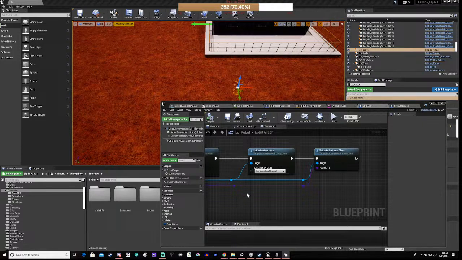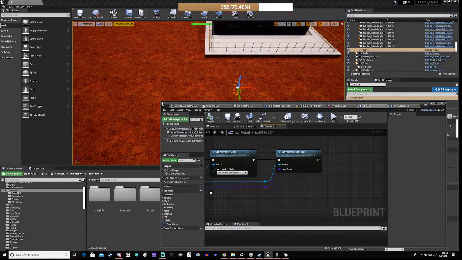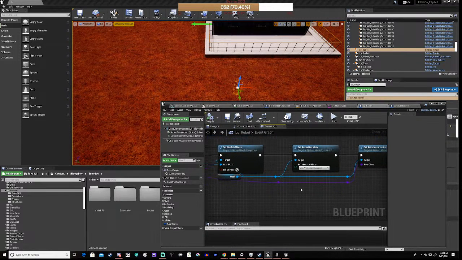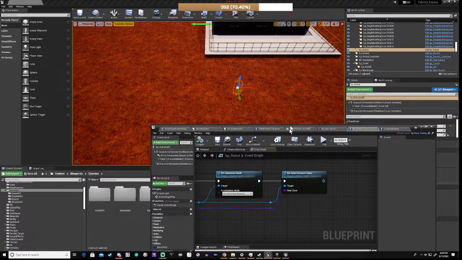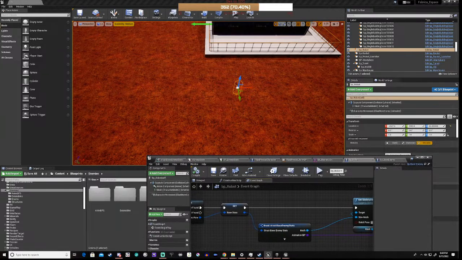Right, so I'm just wondering here, if we need to play this, or how this goes. So we're using the animation blueprint, we're setting the animation class, but it's not doing what we expect it to do. Okay, so what I'm going to do is I'm going to break this for now,